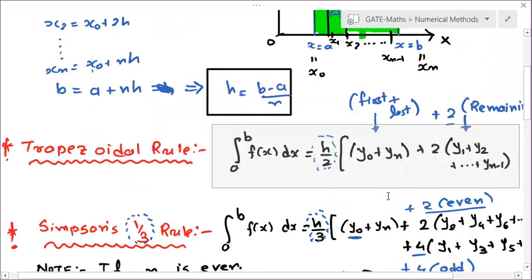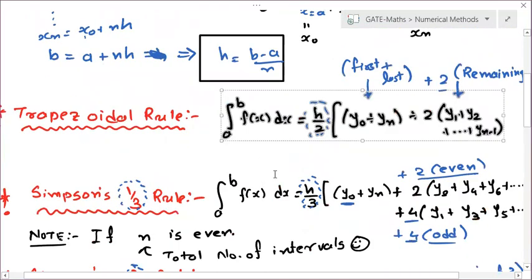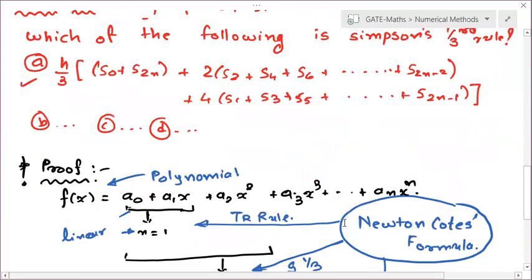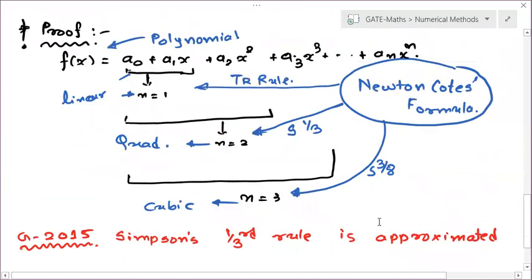And what is the mystery between this integration and that, and what is the relation between this integration and the Newton Cotes formula, right? We don't have to see it in detail, because maths has two parts: one is basic maths and one is applied maths. In engineering, we need to learn only applied maths, which deals with the application of maths.